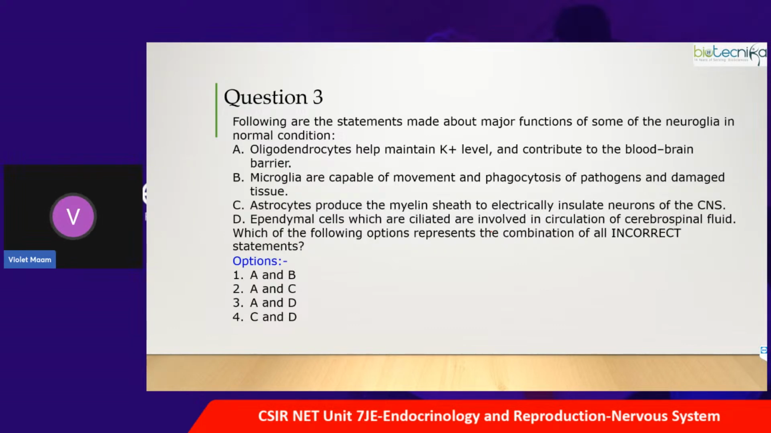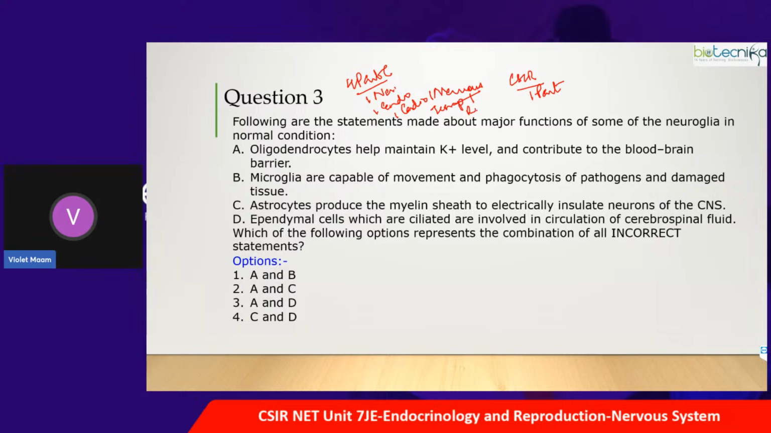Okay, next question is from the nervous system. The nervous system is also very important from the CSIR point of view. Nervous system as well as endocrinology are very important. You will definitely see part C questions that will come from both. The pattern is such that you will see at least 4 part C questions for unit 7, and more can also be present. Usually one from nervous system, one from endocrinology and reproduction, one from cardiovascular system,